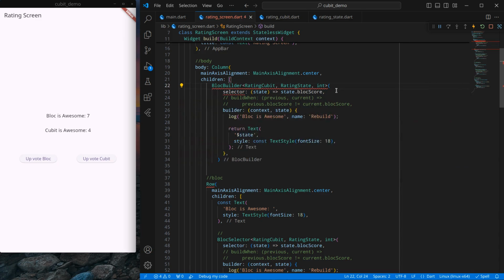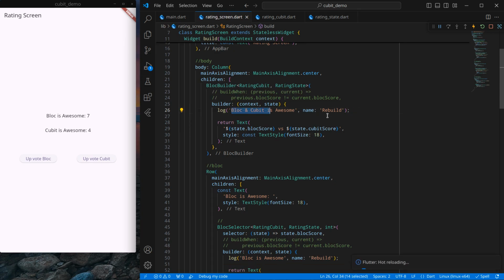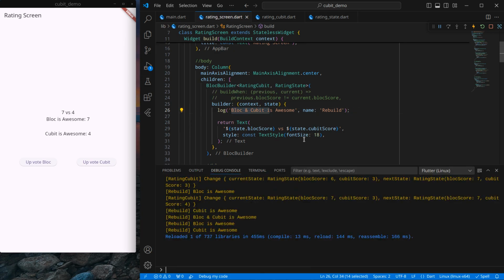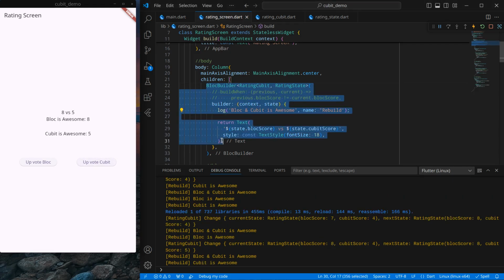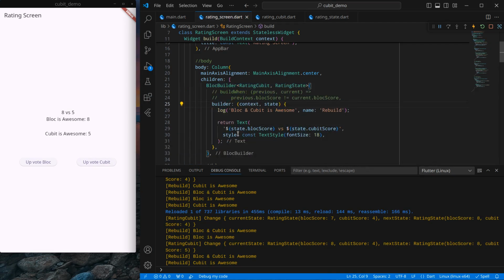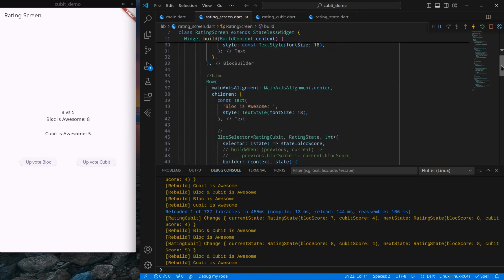Now why? I will just show you here. I can just remove the selector parameter, and here I need to show the versus, so dot block score and simply versus, and simply state dot qubit score, and just update the comment, block and qubit is awesome, and press control save. Now if I open the terminal, what should happen is whenever one of them changes, the above one should also change. So in this case we can't work with the block selector because we want to show each and every value update on the screen. So in this case block builder is useful, but when you only want to listen for a single value, then